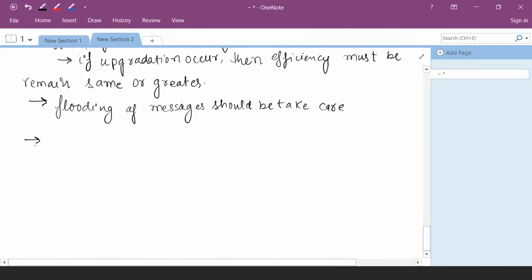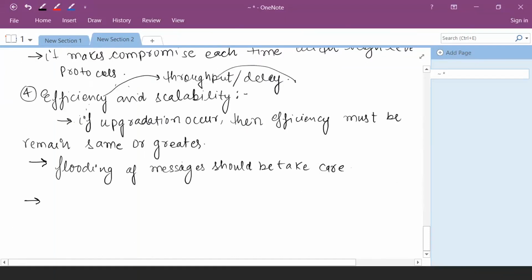Also, efficiency is integrated with the delay as the throughput, and my throughput is integrated with the bandwidth. If I allot a large chunk of bandwidth, then I transfer the data at a higher data rate, and my throughput will increase. That's why the throughput is tied to bandwidth. If that is the case, then mobile IP should cope with lower bandwidth links in order to provide you a good efficiency.